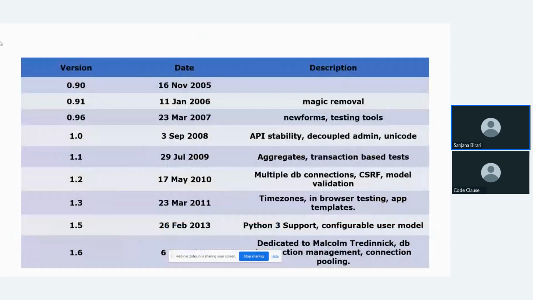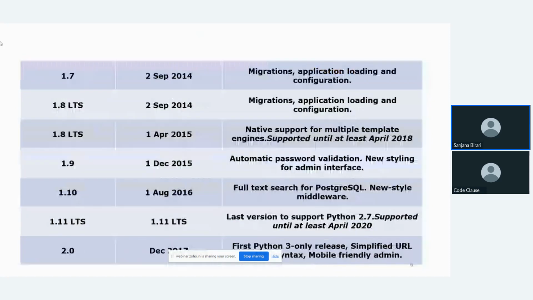These are some detailed descriptions about all the versions with their dates. The same table is continued on the next slide.